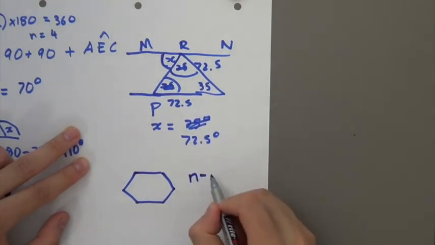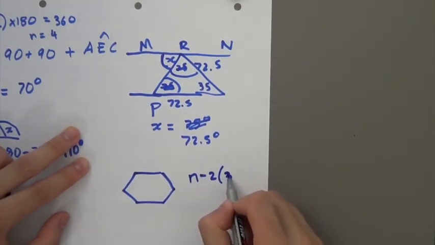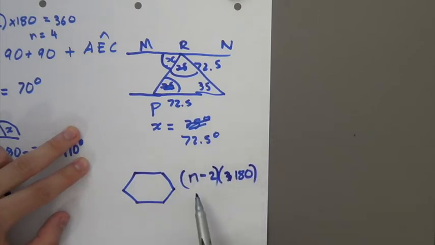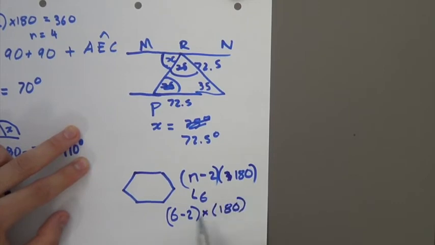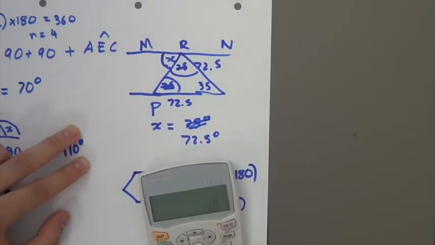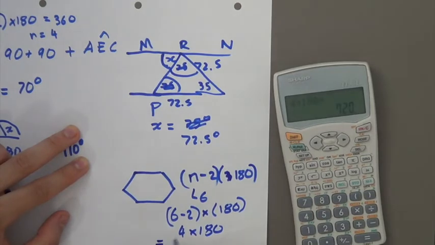Our formula is n minus 2 times 180 to give us the sum of the interior angles. So n is 6, so I'm going to do 6 minus 2 times 180. So this is 4 times 180, which equals 720. So the answer is